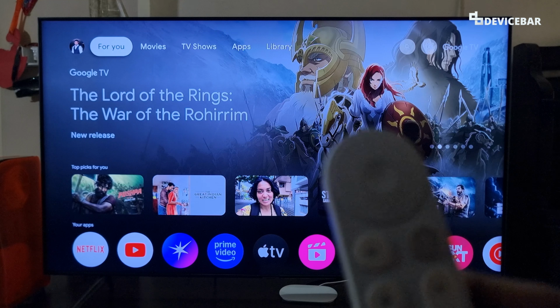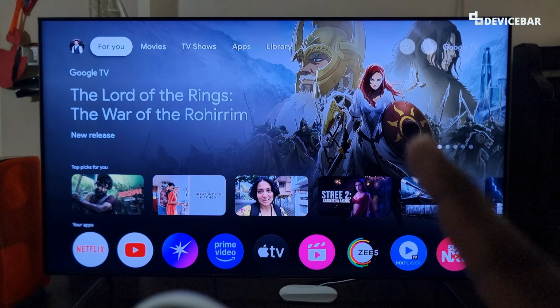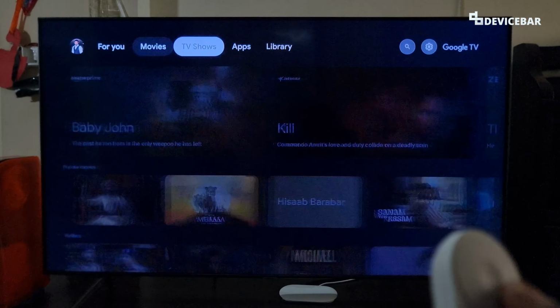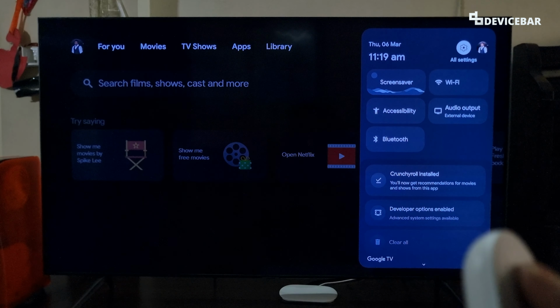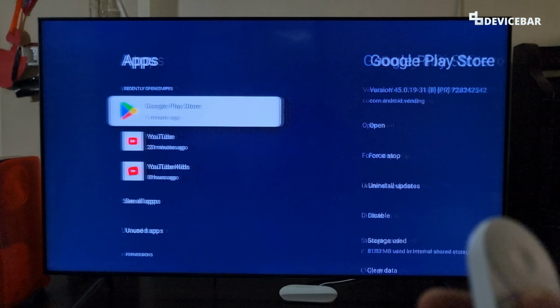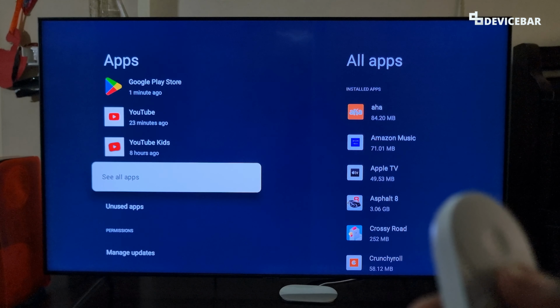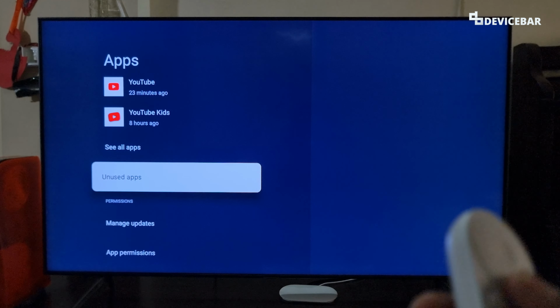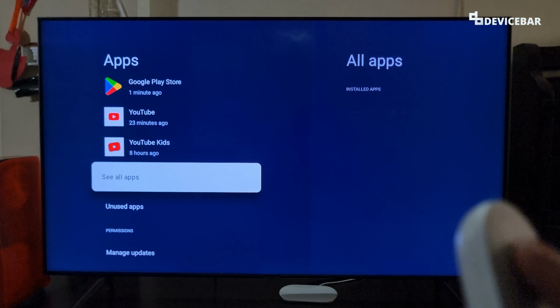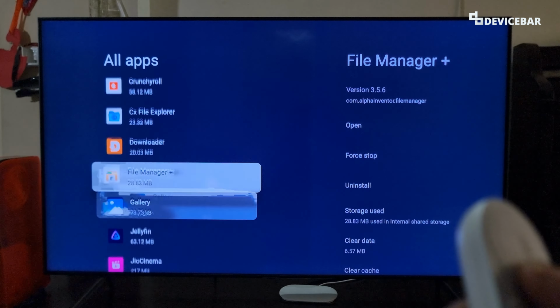That's all. To uninstall the apps, we can do this in two ways. I'll share the first method now. We can go to settings, select that, and then go to apps, select that. Here we can see the recently opened apps, all the apps, and unused apps. So I'll go to see all apps, and here we can see the list of apps we have on our